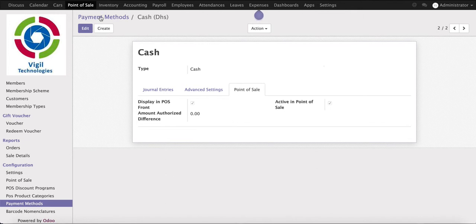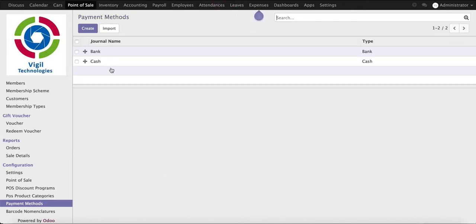So based on your list of payment methods, we can configure all the payment methods like bank, cash, credit card. We have some wallet, vouchers, coupons. All the payment methods will be configured here. So once we have all the list of payment methods configured, everything will be automatically displayed on the point of sale screen when we go to perform the payment actions.